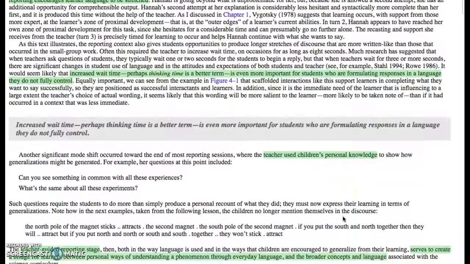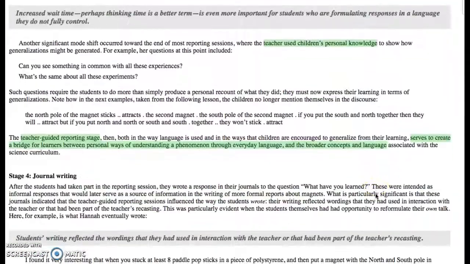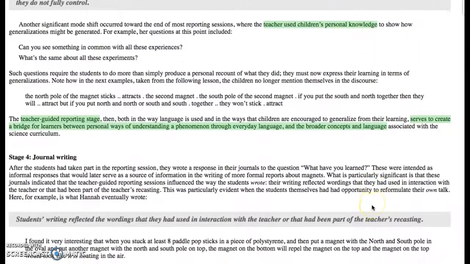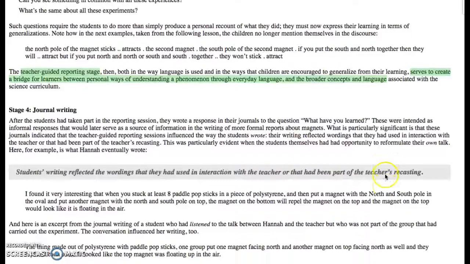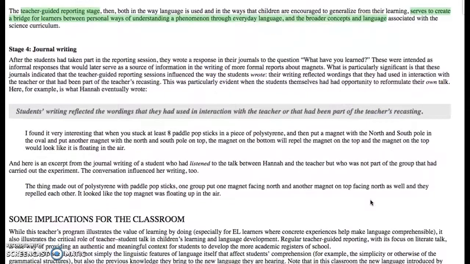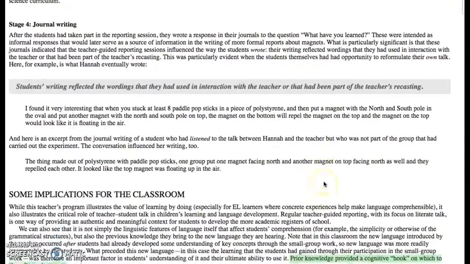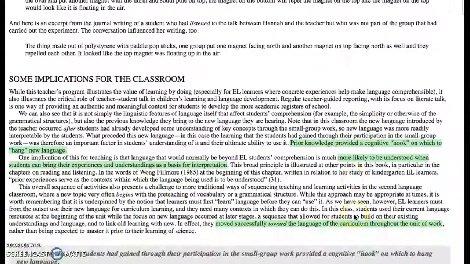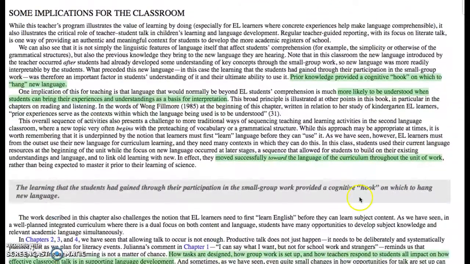And also I would like to touch on using children's personal knowledge and prior knowledge to connect what they already know to new concepts and ideas. I feel like this is a very important thing to do as educators. It serves to create a bridge for learners between personal ways of understanding a phenomenon through everyday language and the broader concepts and language. So I feel like this is very essential,